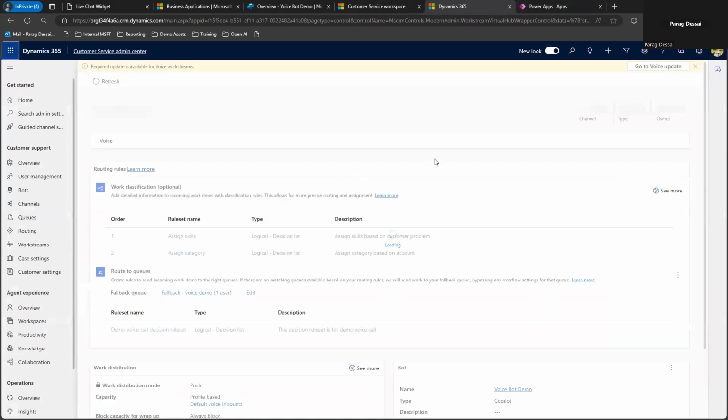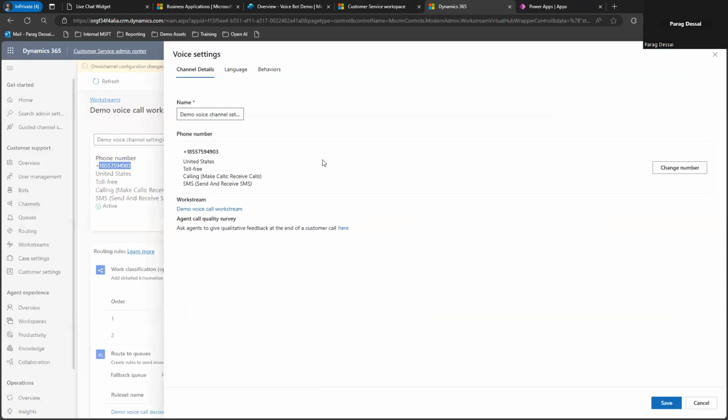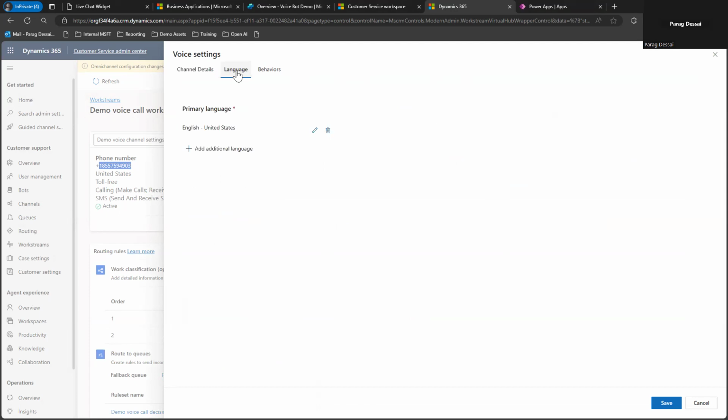The only difference here is you need to have a phone number that your customers can call. This is typically the 1-800 number. You can use Azure Communication Service to request one if you don't already have a telephony provider, but you are also able to port your existing telephony provider. In this case, what we are doing is linking this phone number to this voice channel, and then you have additional options of